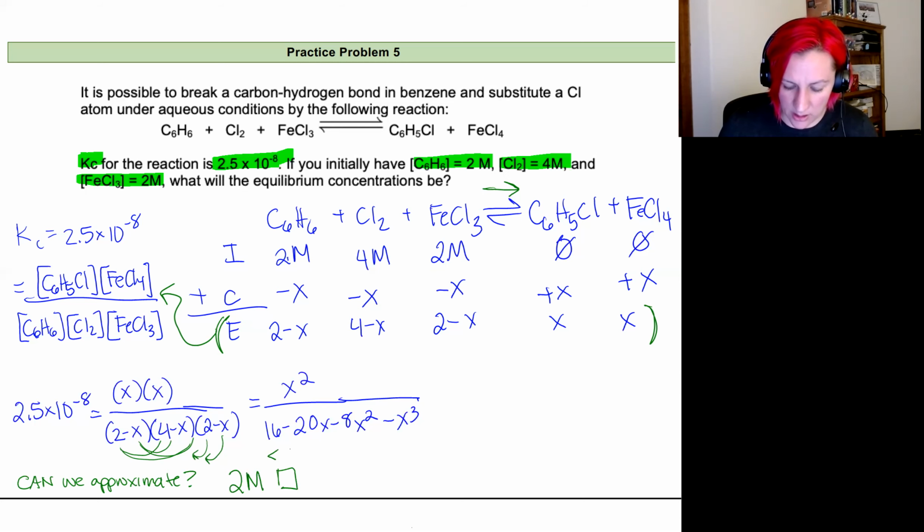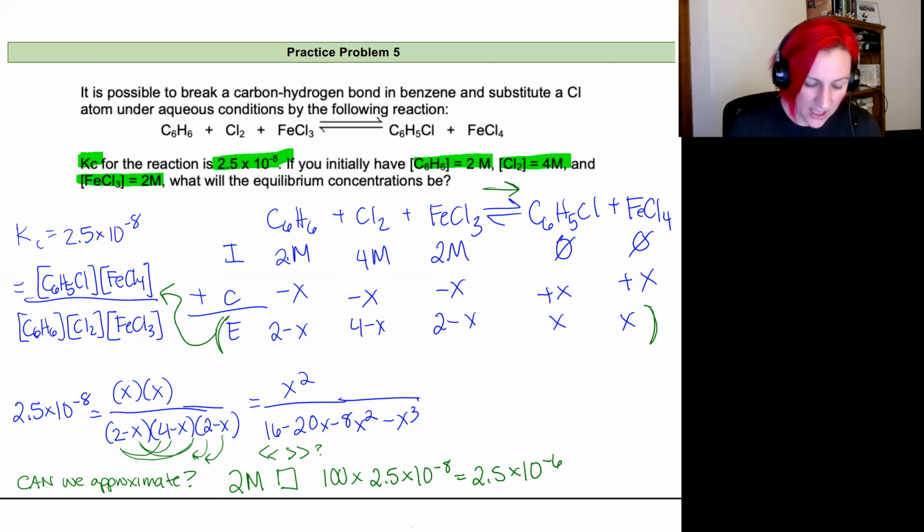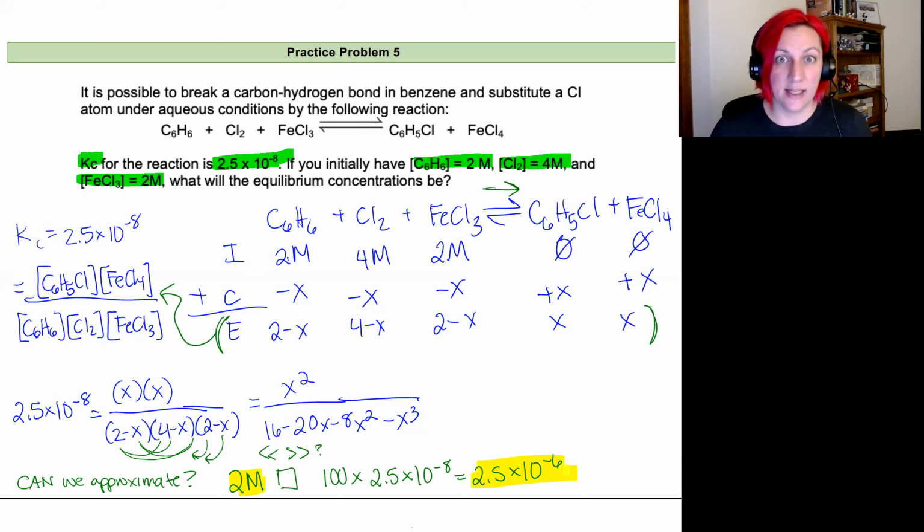So it's either going to be greater than something like this, 100 times the equilibrium constant. So I'm going to do 100 times my equilibrium constant of 2.5 times 10 to the negative eighth. That's going to equal 2.5 times 10 to the negative sixth. Now I'm going to compare that 2 to 2.5 times 10 to the negative 6. And hopefully you can agree with me that when I look at those two values, that 2 is much larger than the